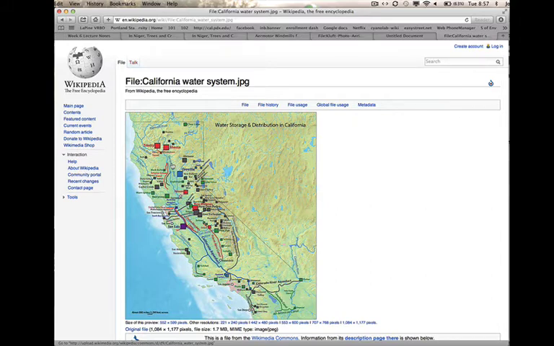So if you just look at all the water projects up and down California, this is a major activity moving water around. And where there's water, there's agriculture, and where there's agriculture, there's food production and jobs. So this has a major impact on the agricultural output and economy of California.